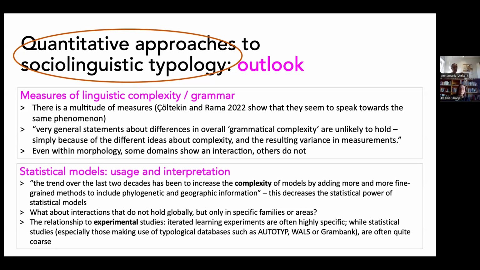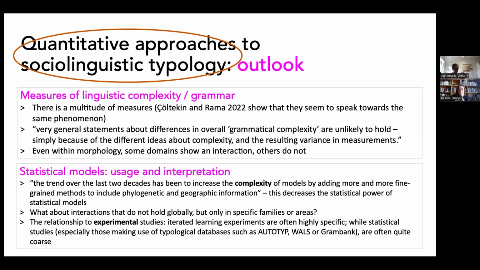So even within morphology, we have some morphological markers that seem to have relevant effects when you look at population size, for example, case markers, while others do not, right? So it's not just about morphology as a phenomenon, right? It's about specific markers that presumably have a specific challenge for a specific type of language user that show up as relevant in these types of analyses.